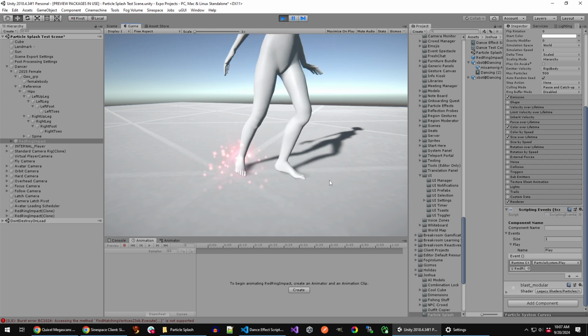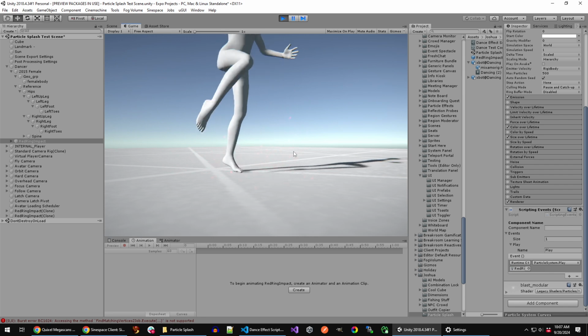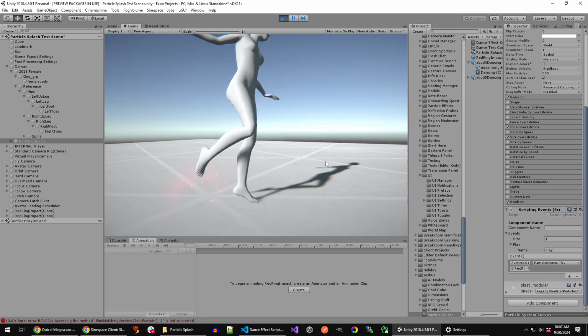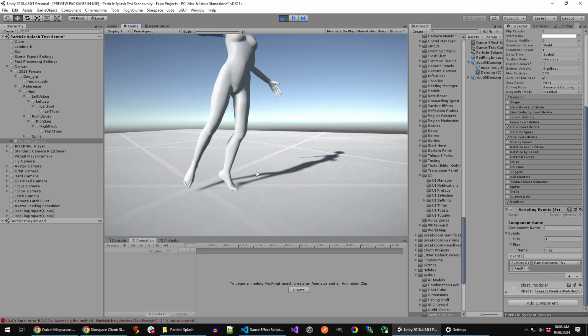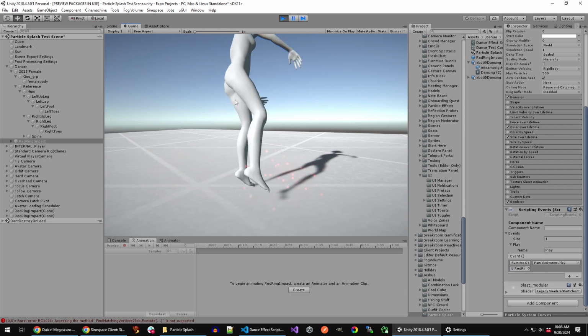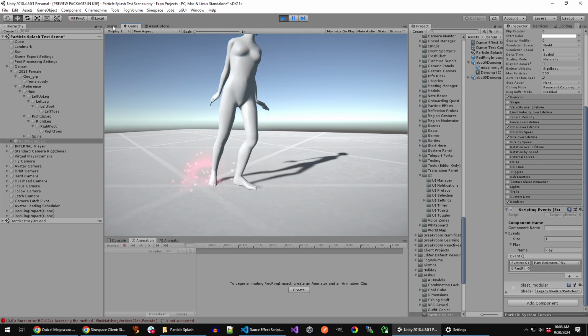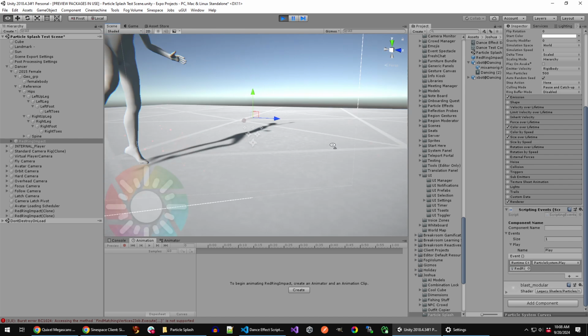And that makes sense, because the right foot's not really ever coming off the ground, right? She's pivoting on her right foot, but she's not lifting her right foot. So we would not expect there to be any particle effect on the right foot. But the left foot is moving a lot, so that one is getting us a nice little effect. And if we go look at the scene view of this,